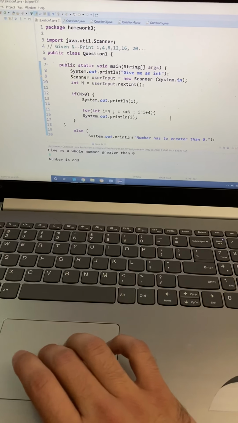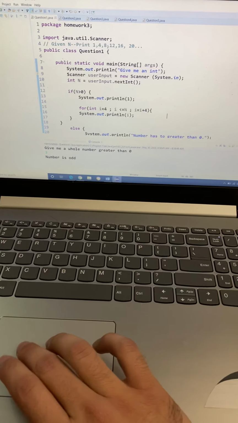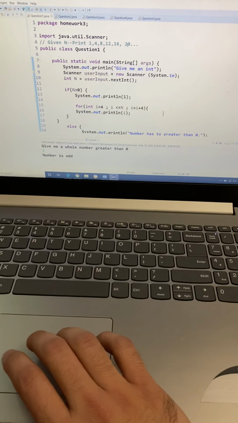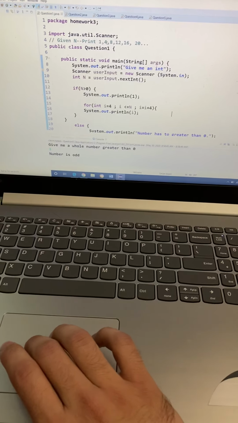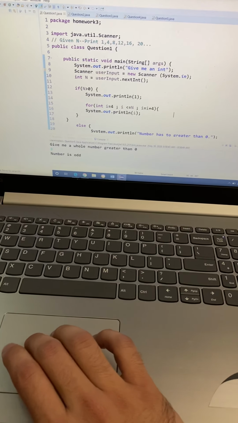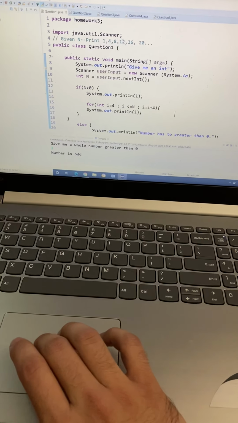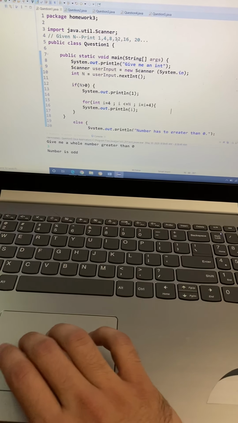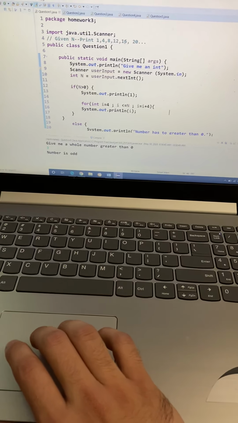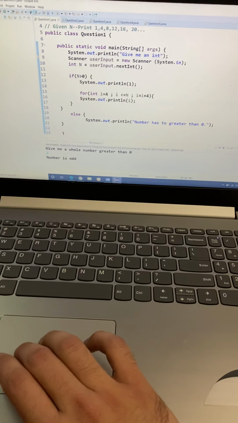The first one says given n, print 1, 4, 8, 12, 16 and 20. After we see the pattern here, from 1 to 4 is 3, 4 to 8 is 4, 8 to 12 is 4, 4, 4. So the only difference is going to be from 1 to 4, that's 3, and there is an increment of 4 after that. So the first thing first, we have to